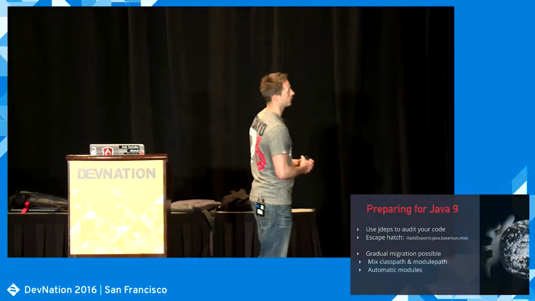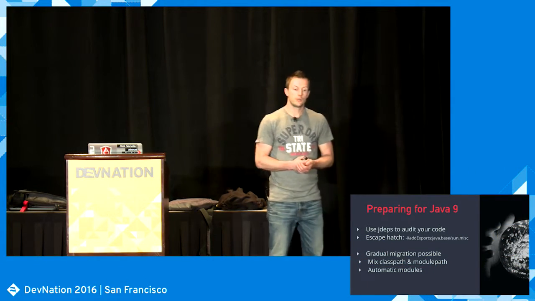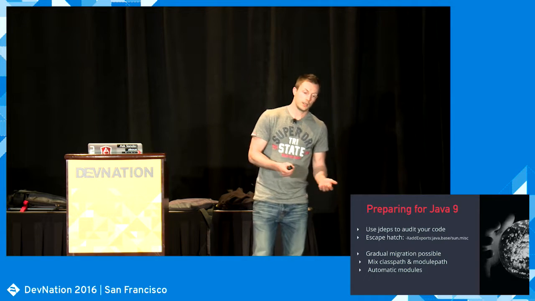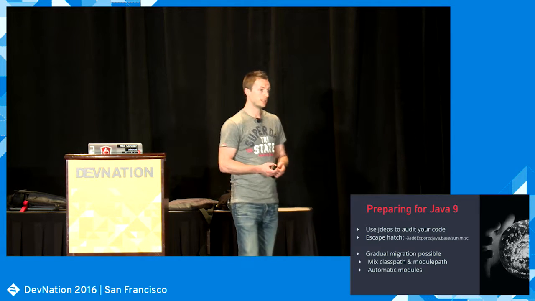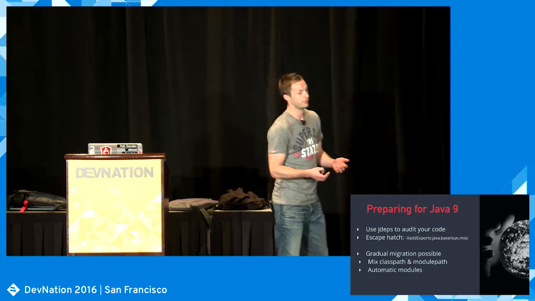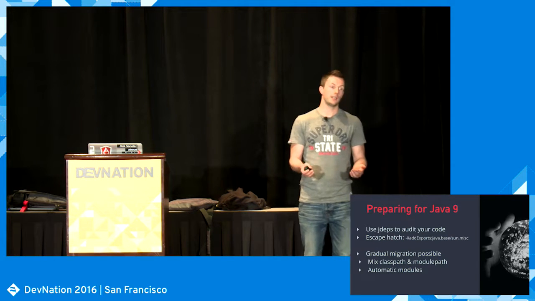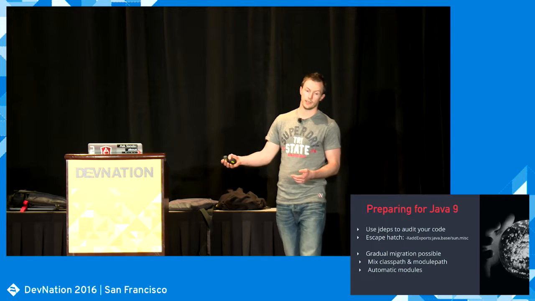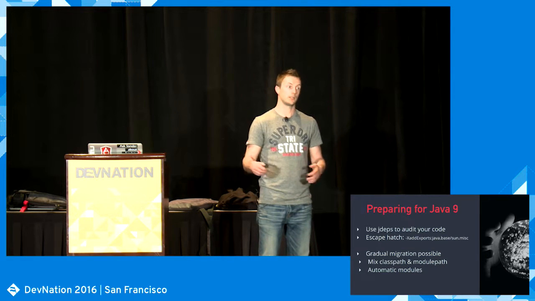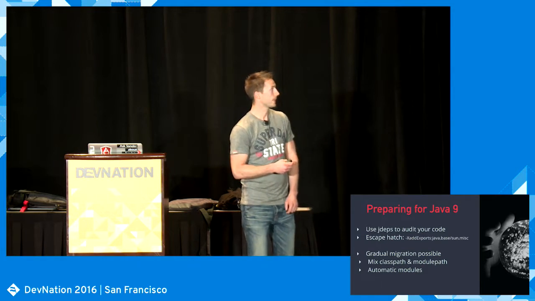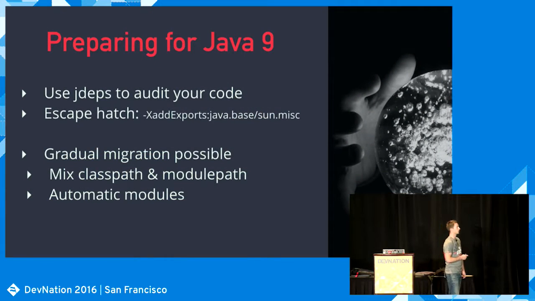Now there's a few things that we can do for that. The first thing that you should probably do today is analyze your source code using JDEPs. It's a tool that can tell you if you're using any kind of internal JDK classes, or that you have any libraries that use internal JDK classes, because that's going to be a problem. And you might want to start migrating or looking at alternatives. There are still some escape hatches that are kind of a last resort if you really need to work around the encapsulation that the JDK now offers.